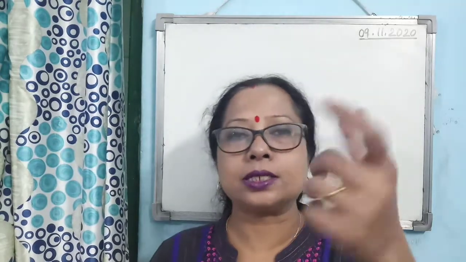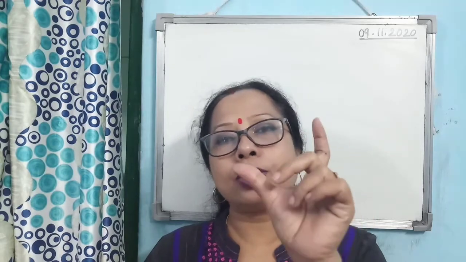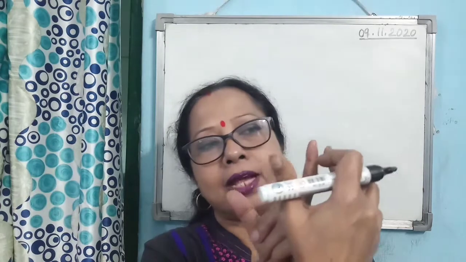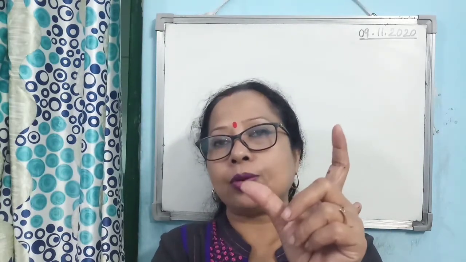Two equal and opposite parallel forces which produce a turning effect on a body are known as a couple. Just consider you are opening the cap of your water bottle. With this hand you apply a force in this direction, and with this hand you apply a force in the opposite direction. You are applying equal and opposite forces, so that is an example of a couple. So couple, or moment of force, is responsible for producing rotational motion.